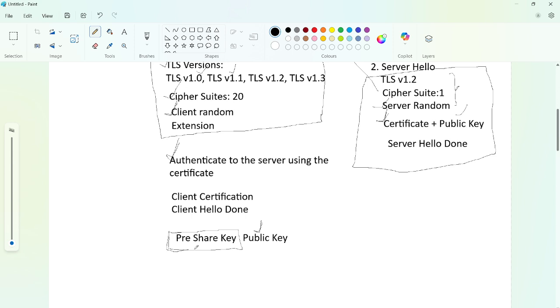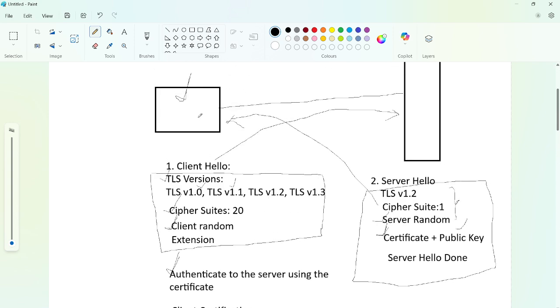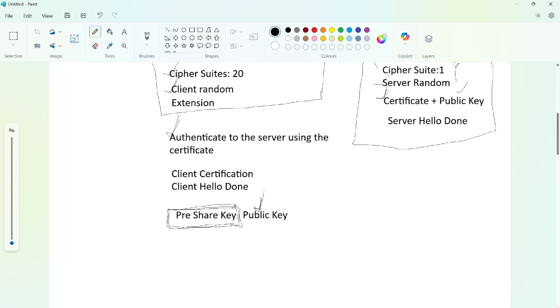So the client uses the public key received from the server to encrypt the data, because this is sensitive and confidential information between the client and the server. No one on the internet should see this pre-shared key. So the client encrypts the pre-shared key using the public key and sends it to the server over the internet.